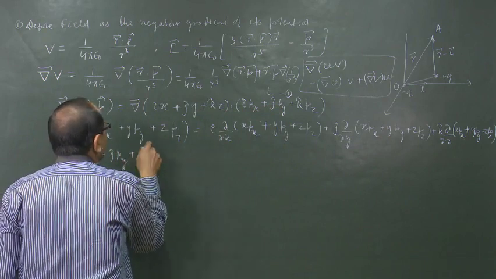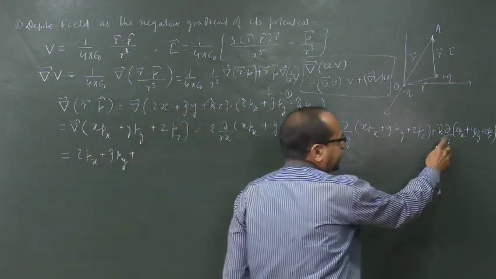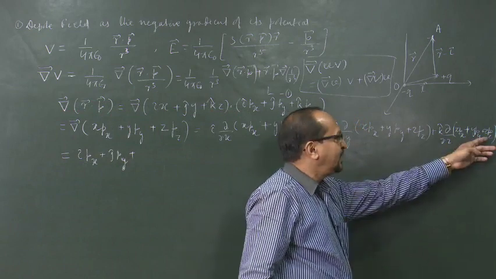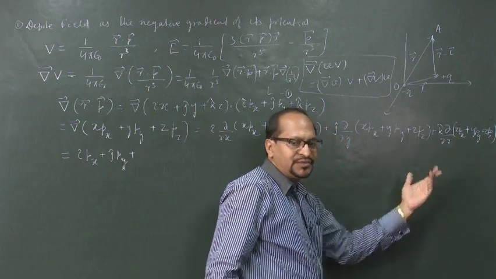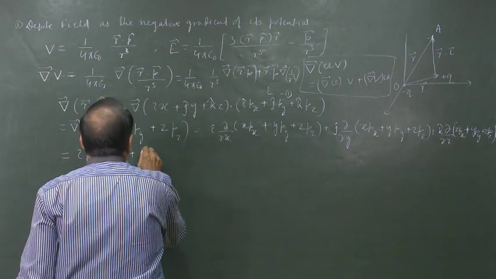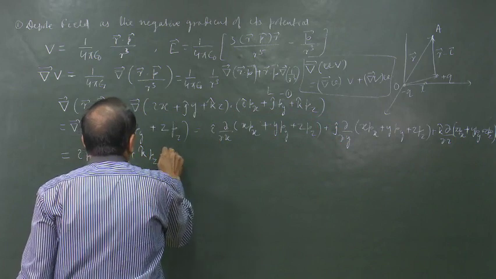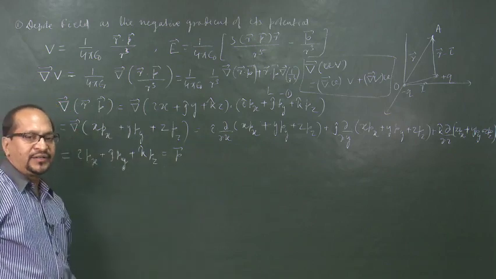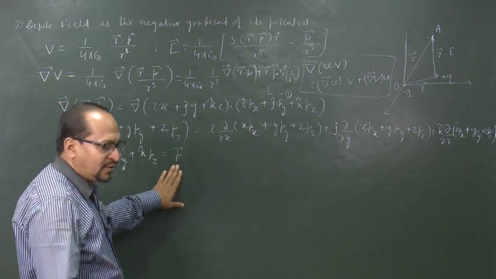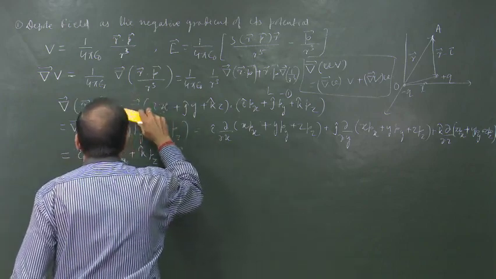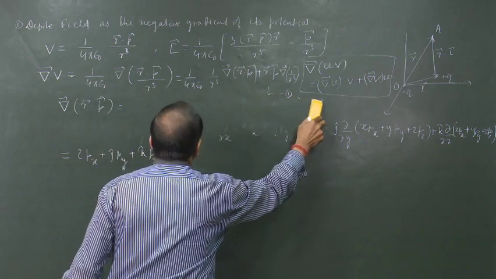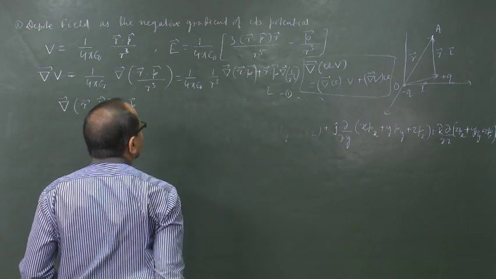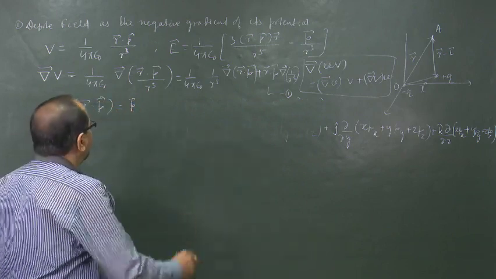plus that last term is k cap del by del z of z p z, because the derivative of the other terms will be 0 with respect to z, they do not depend upon z, and p z will be taken outside and del by del z of z is 1. So, it is k cap p z, which is nothing but the vector p. So, what we got, the gradient of r dot p is equal to p. So, the first term on the right hand side now becomes gradient of r dot p is equal to our p vector only. This is the equation 2.